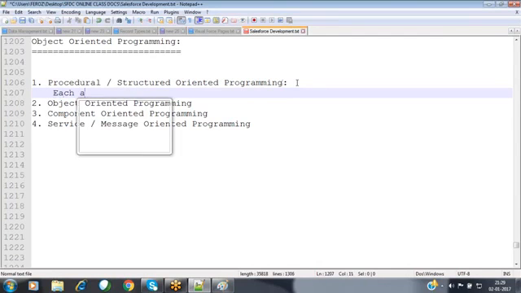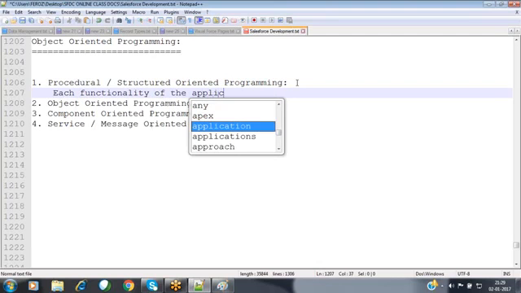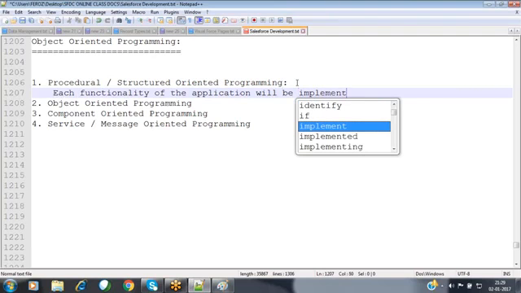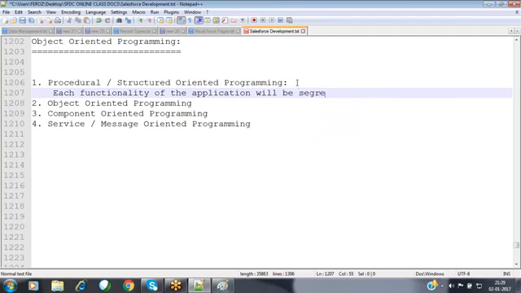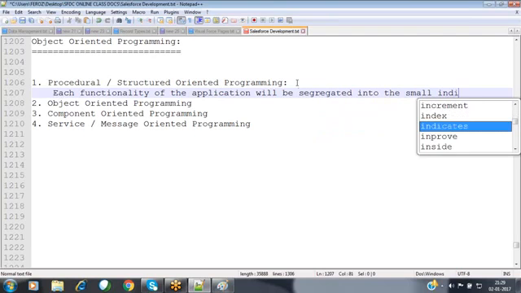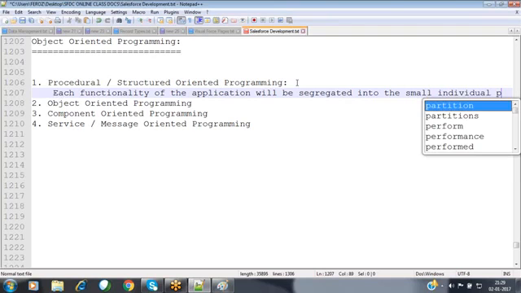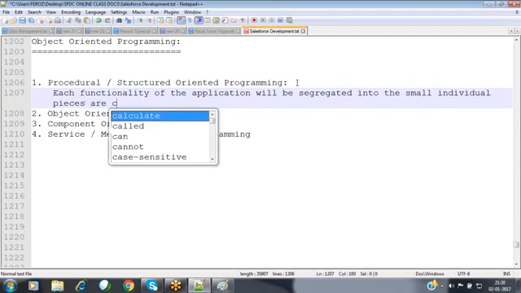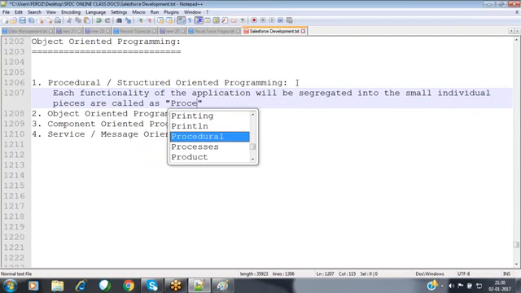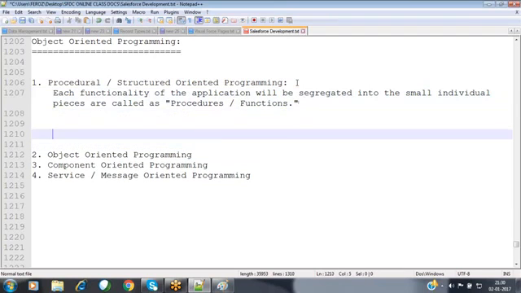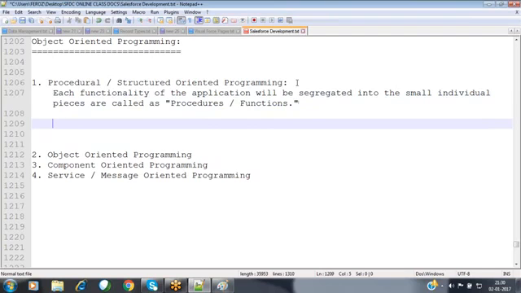Each functionality of the application is implemented or segregated into small individual pieces called procedures or functions.